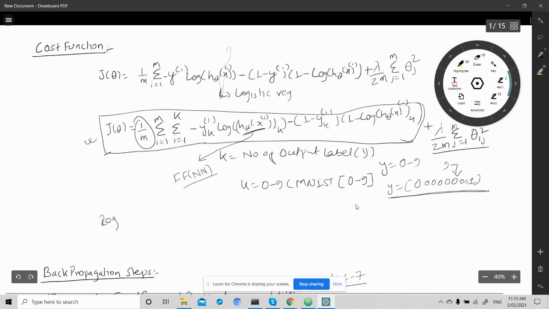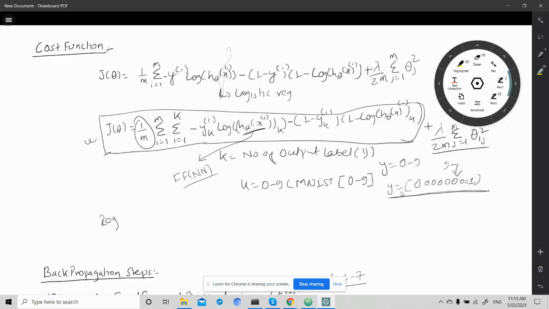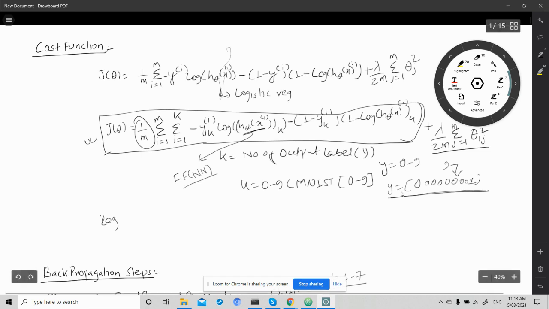So now let's add this term. Regularization is equal to lambda divided by 2 times m times, so this was theta 1 for theta 1, and another is sigma again, j to 1 to m, theta 2 square. So this is what we will be implementing,